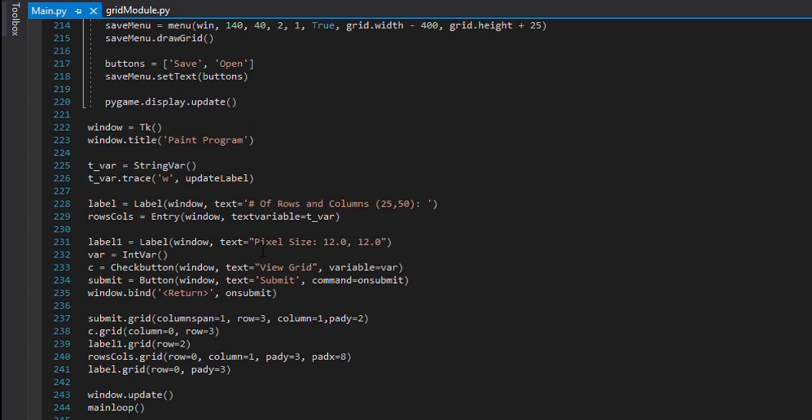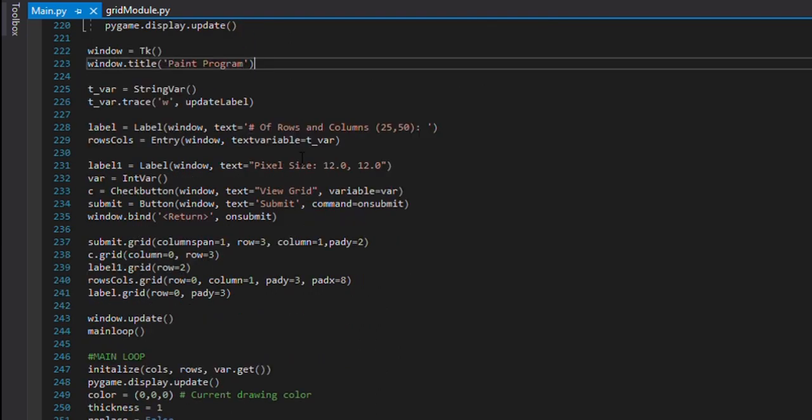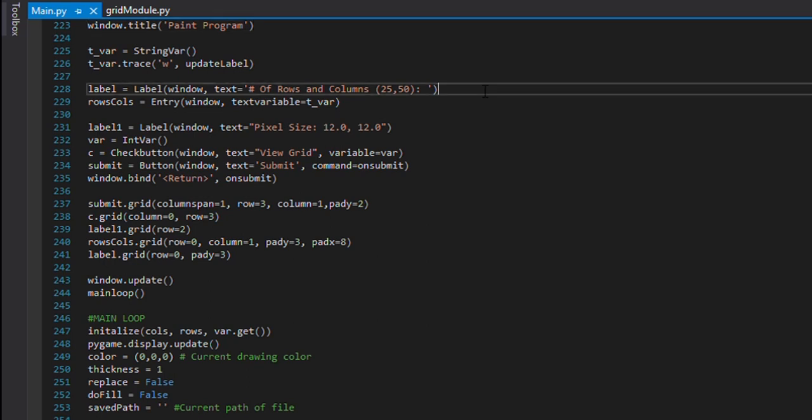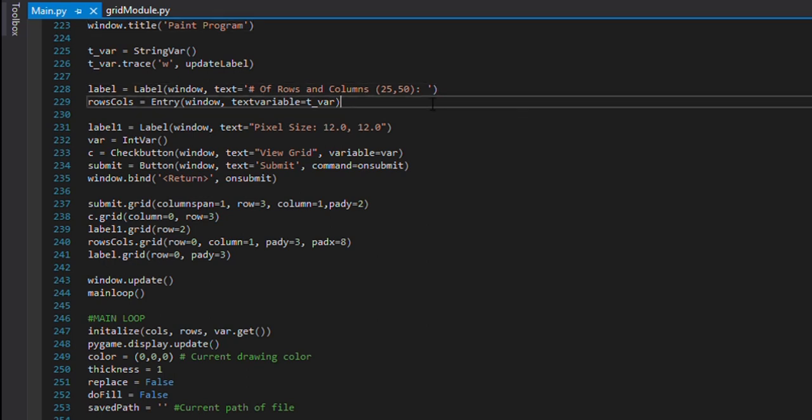After all the initialization has been done in the function, this is the time to use all the functions to create the final app. So first of all, we have to create an object of tkinter and give it a title, the title of the window, which will be the paint program. Then moving on, we have to give some labels and some GUI stuff.